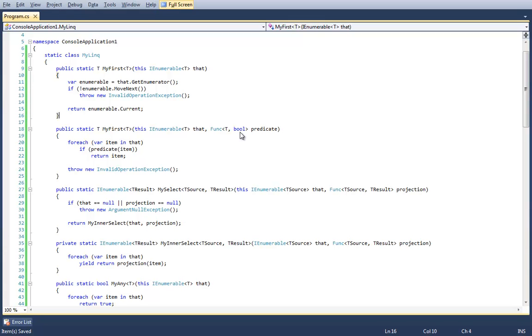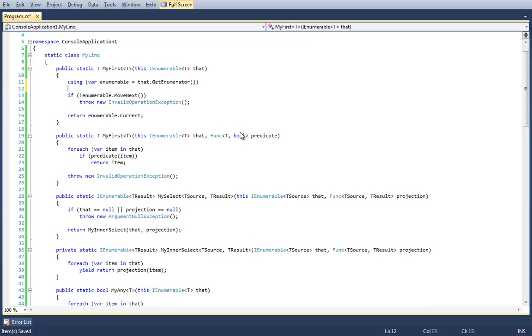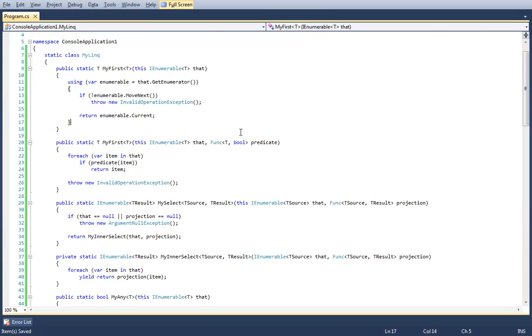That would be an implementation of my first without the for each loop. Actually, a more appropriate implementation would, of course, be that. Because enumerators are disposable. I do want to point out that, though, typically, I've never seen an enumerator that has an implemented dispose method. However, because enumerators are compatible with COM interoperability, COM iterators do have the concept of deterministically being disposed of. There's also a reset method on enumerators.